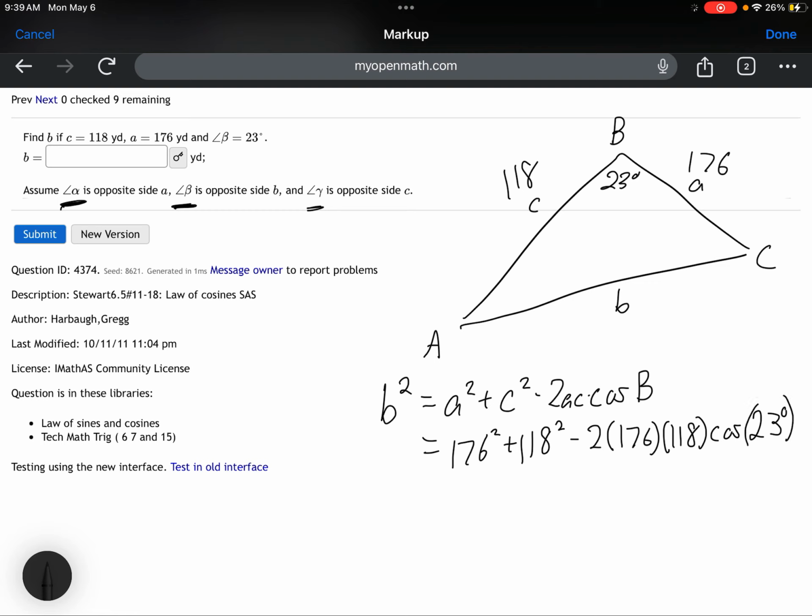Now I'm going to get a calculator, and I'm going to plug all this nonsense in. I'm going to square 176, square 118, multiply all this stuff together, add and subtract it. But I recommend just putting it all in the calculator at once because that will prevent you from making errors. You just look at it and make sure that it looks exactly the same in the calculator as it does as I've written it down right here. 176 times 118. It takes a while to plug this in, but just have some patience. It's just a bunch of formulas put together. And I got